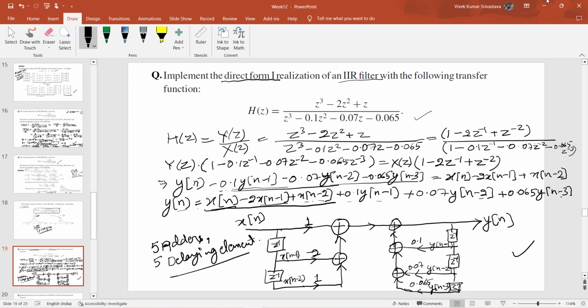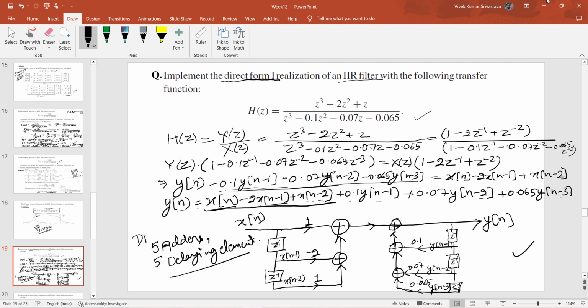Okay, so here we can see that it requires 5 adders and 5 delaying elements. It means that it requires more number of elements. So to further reduce the number of elements required to realize any kind of filter, we will further study, and from there we have found that by using direct form 2, like here we have realized this